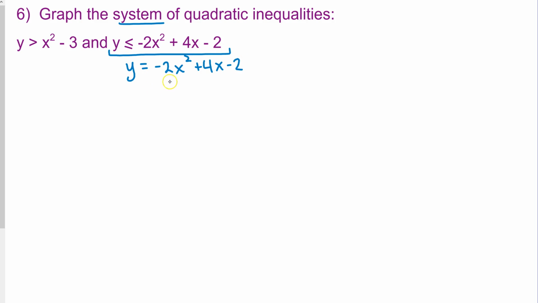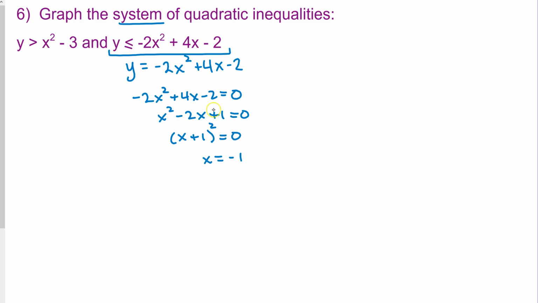And so to find the x-intercepts, I set that equal to 0. I divided both sides by -2, and we found out that there was just a single x-intercept. It was x equals -1. Oops, sorry, sign error. It was x equals +1, and that was also the vertex. So the vertex was at (1, 0), yeah. Okay, and then this one here, it's just your regular parabola y equals x squared, but shifted